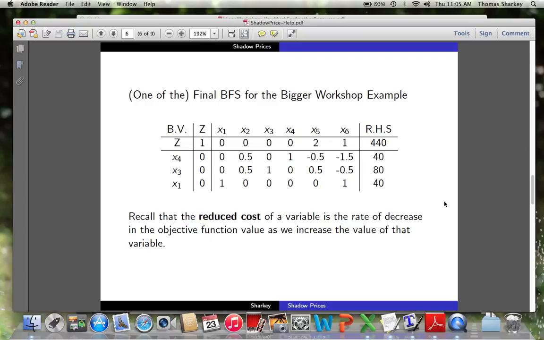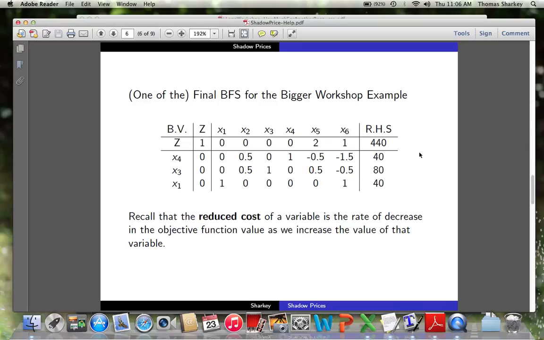One thing I want to point out, good from a learning perspective, is that we have a non-basic variable, x2, that has a 0 reduced cost. So it turns out that there are multiple optimal solutions to this Lego workshop example. Basically we can pivot x2 into the basis and figure out another